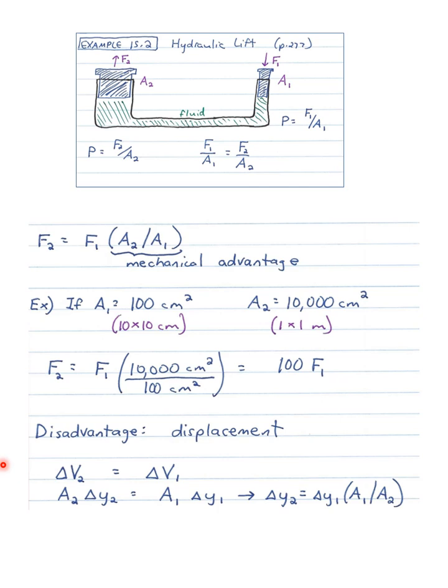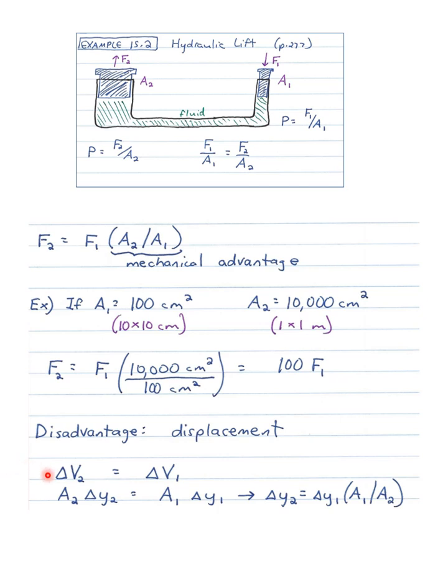So we get a mechanical advantage because we get more force than we put into it. Now, with every mechanical advantage, there's always a mechanical disadvantage. There are a variety of machines that we have in physics, and machines often are designed to give us a mechanical advantage. A lever does that as well. But there's always a disadvantage, something that we're trading off, something we're giving up. The disadvantage comes from the fact